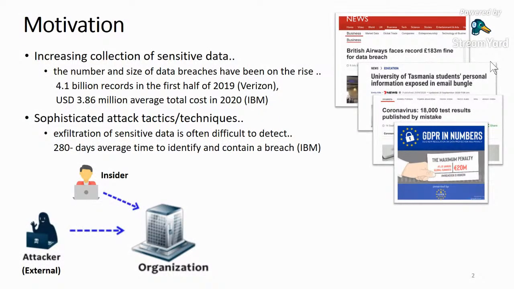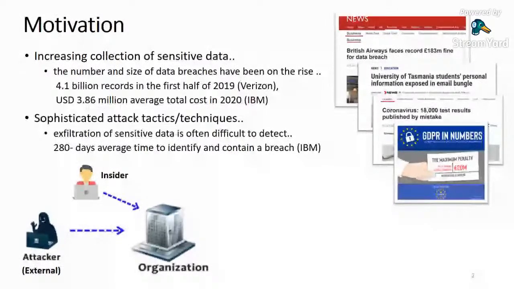Why is this important? As you see at those websites that nicely visualize the recent incidents of cybersecurity issues, it has given a pain for the responsible security analysts to deal with. As you see at the statistic, the number of data breaches have been on the rise in recent years. Data breaches exposed about 431 billion records in the first half of 2019 by Horizon, and it costs about 3.86 million US dollars average total cost in 2020.